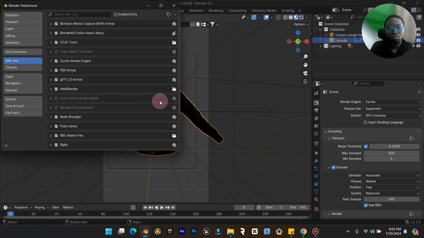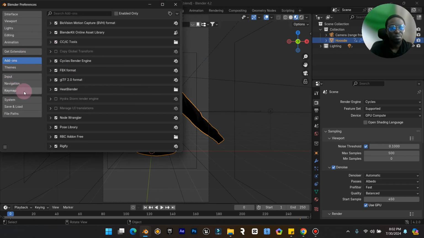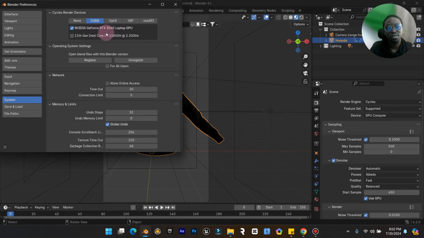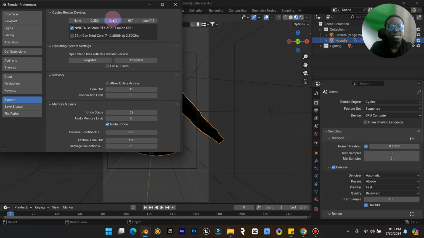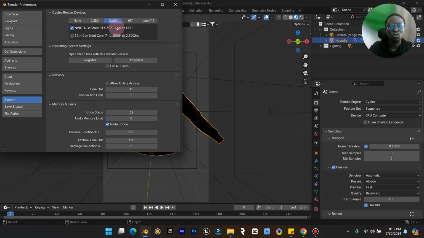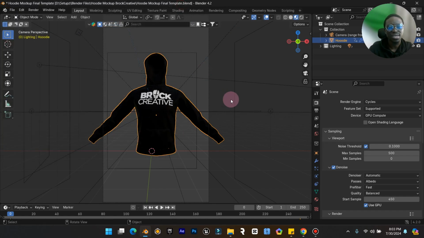Blender, is to come to Preferences, and under Preferences you go to System. At the moment I'm using OptiX, because I have an RTX 3060. If you have a GeForce or something like that, you can use CUDA. The default setting is usually None. Just switch it from None to the particular one for your card, and you're good to go. That's just the basic